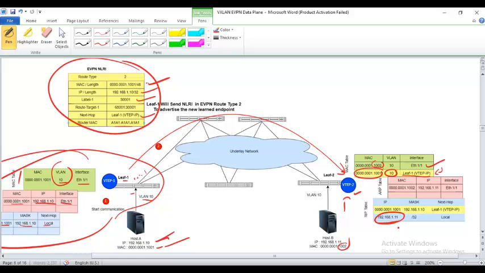So the encapsulation happens with this address and this address in the header, and then it is transferred to this place, and then decapsulation will happen and the packet will be delivered. So this picture explains